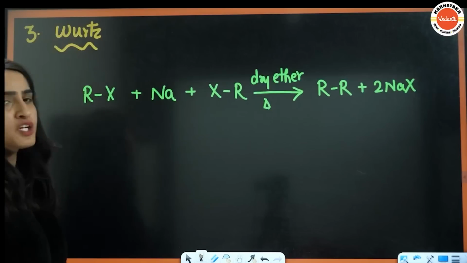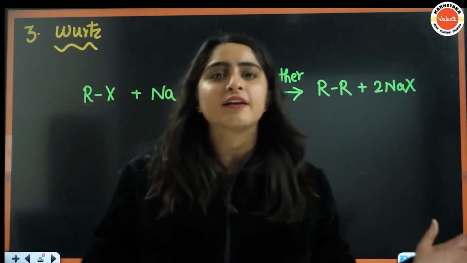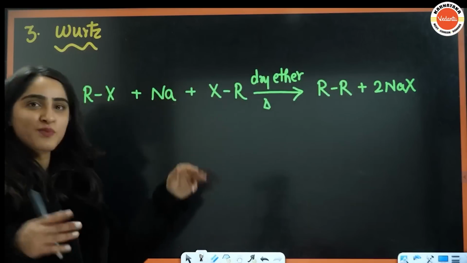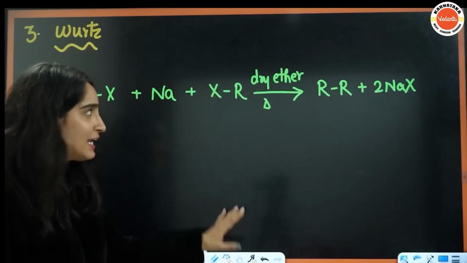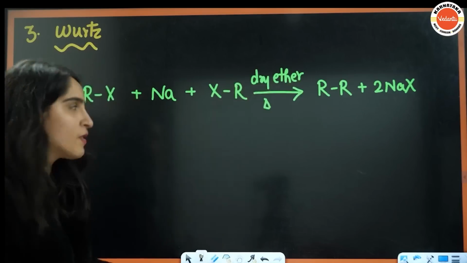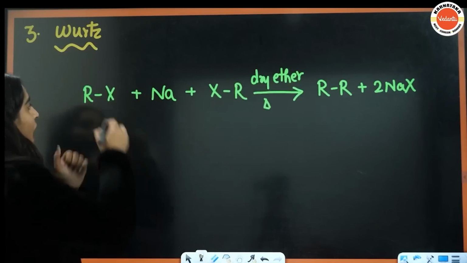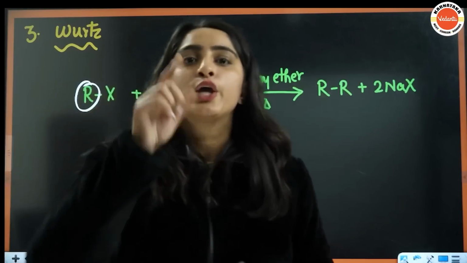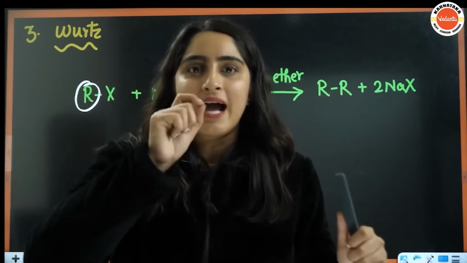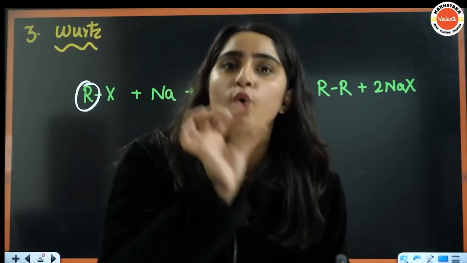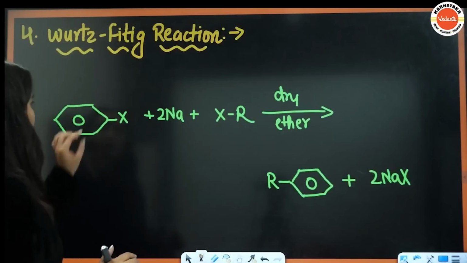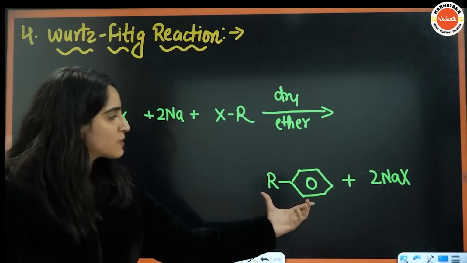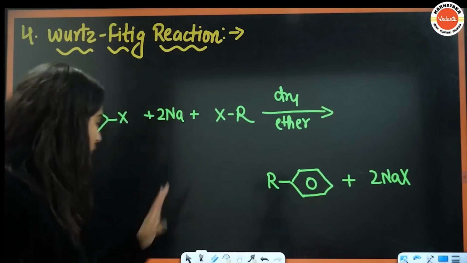So next is the Wurtz reaction, Wurtz-Fittig reaction, all are the same. The Na will take out X and X with itself in the presence of dry ether and heat. Why dry ether? Because sodium is very reactive. Now this R and this R part will combine together to form R–R. In the Wurtz reaction, both are haloalkanes, because we have an alkyl part here, and in this case we have one aryl part and one alkyl part. In a similar manner they will combine together and form this particular thing.